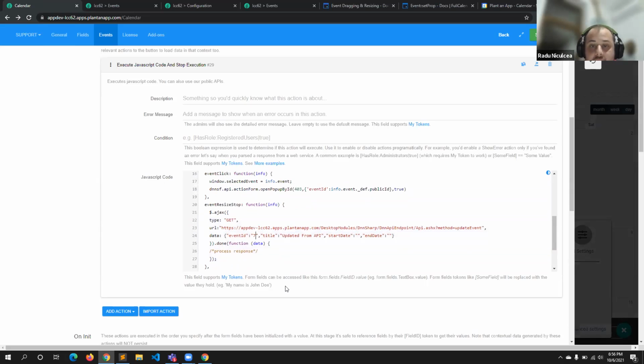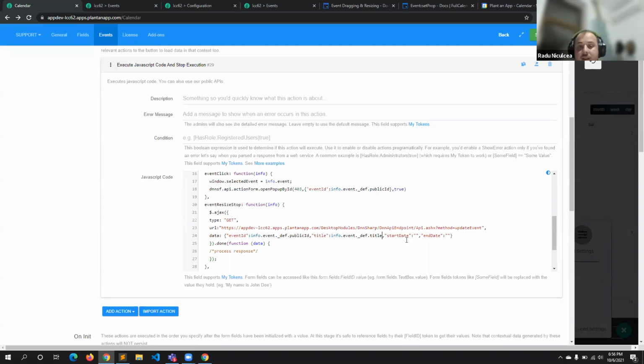I'm just going to configure the resize for the moment because I will just need to copy paste them. So we know for a fact that the event ID, the public ID of the event, we can obtain by using what I used earlier. Sorry, I can do something like this. And also for the title, I can do the same thing. So I'm going to have the title here.